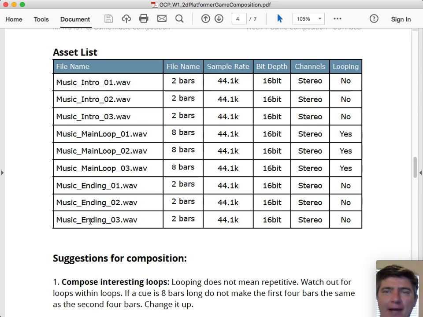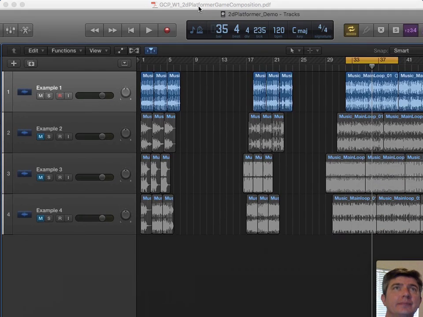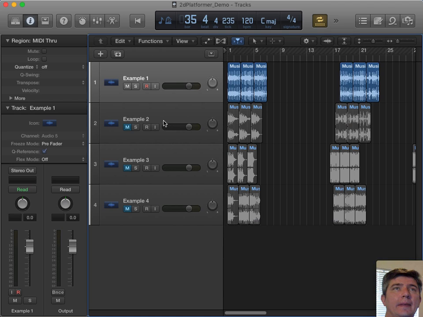So I have examples. I'm not just going to talk about it the entire time. I do have some things to play here, so let's load those up. That looks correct.